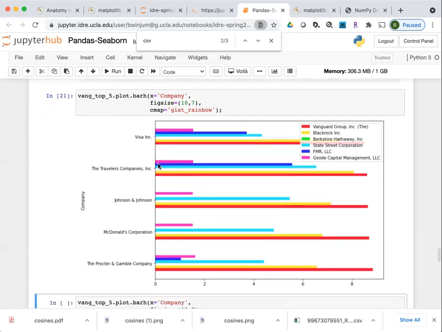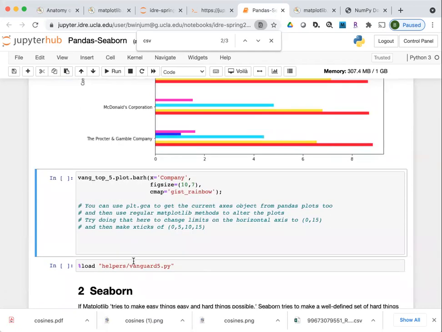So this now gives you a zoomed in view of the top 5 holdings of the Vanguard group, as well as the particular percentage holdings from the other members that I've included in the data frame. And you can see now you can get a better view of what the names are for the companies here.